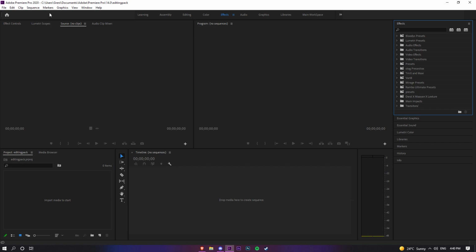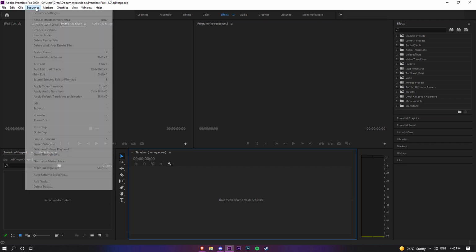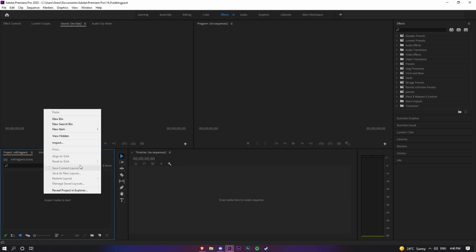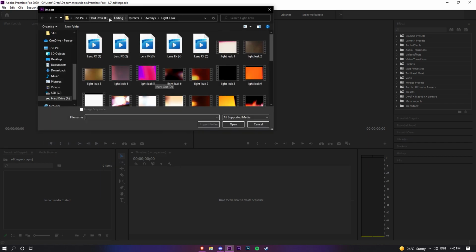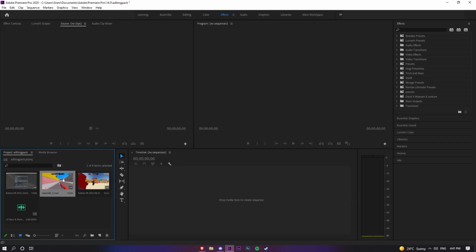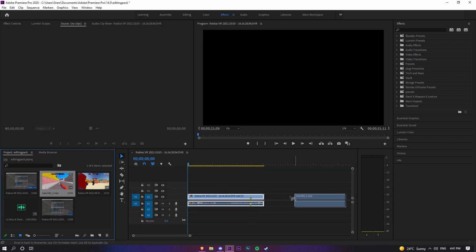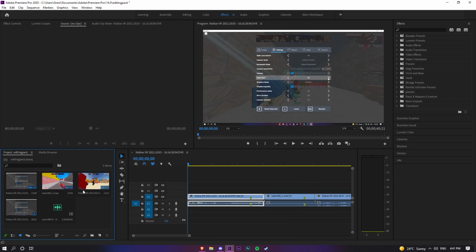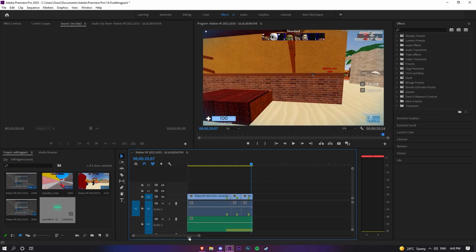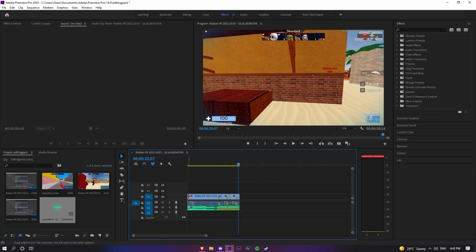So now that we've got the presets imported, we want to click sequence. So first, you actually have to make your project. So to do that, I'm just going to import some clips in. Alright, so I've got my clips in, same clips I used for the other tutorial. I've already got my markers on. So instead of using Too Dangerous for my song, I'm actually going to be using Club, which is a Juice WRLD mashup. It's got pretty good beats, so it should be pretty good to edit to. Alrighty, so now I've got my song on. I'm just going to make this a bit shorter. And I've got everything synced how I want it.